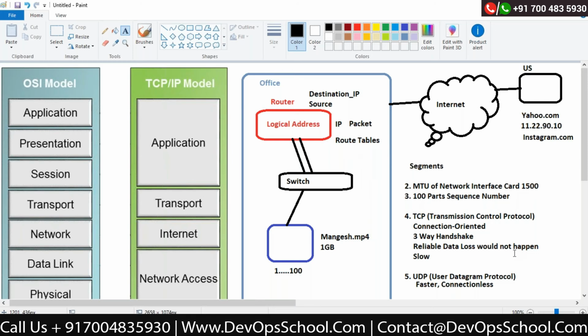So what exactly are you doing? You are creating a connection between two telephones. The same concept is applied here. I need to create an end-to-end session between my computer and this particular server. Correct?